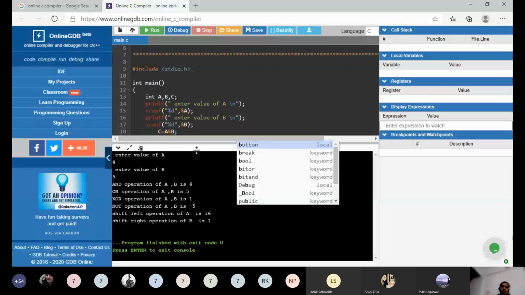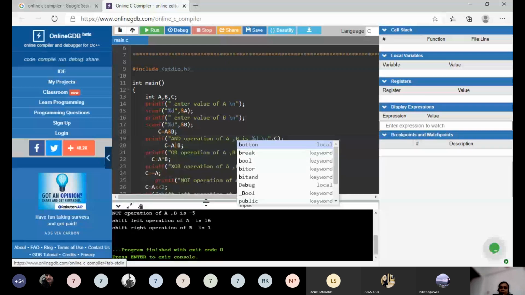Okay, the same way I have taken the example of A equal to 4 and B equal to 5. Now you have to do the program for these operators, and you have to take the value of A equal to 6 and B equal to 3. And you have to perform these logical operators. Okay, you have to perform a program for verifying the logical operations or bitwise operations.